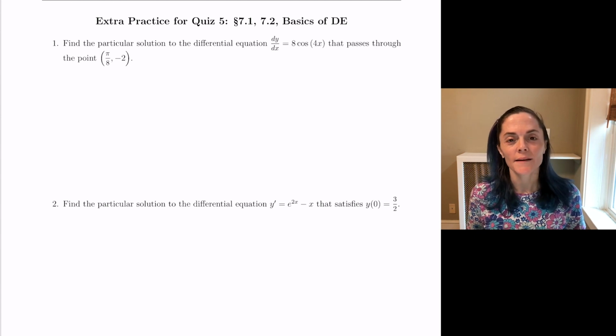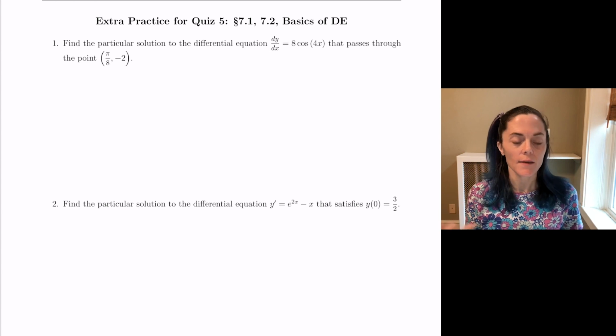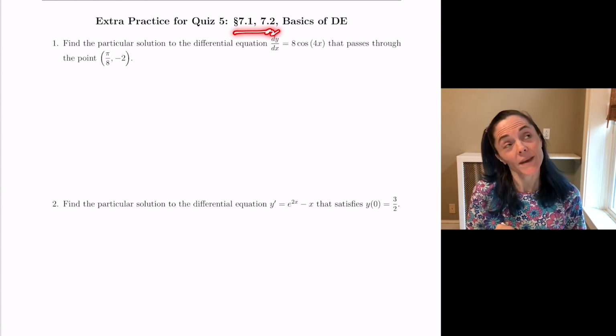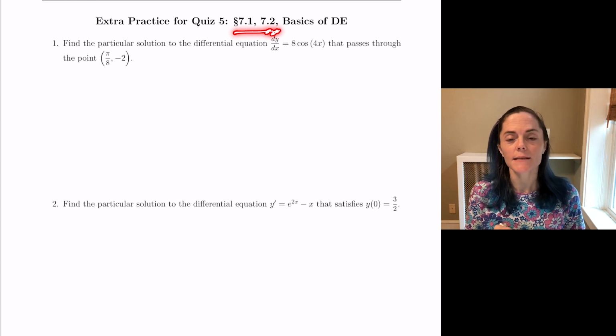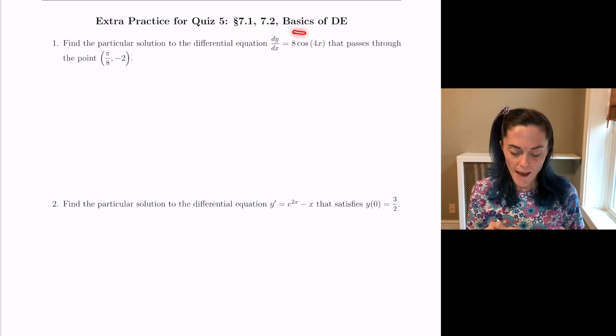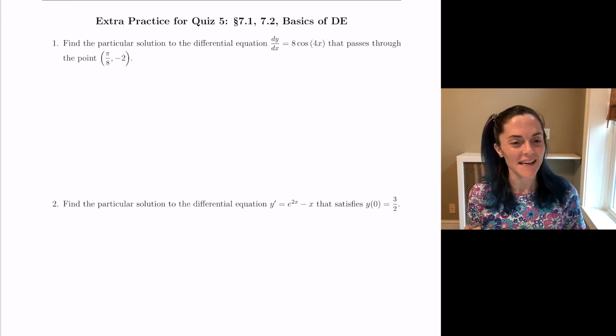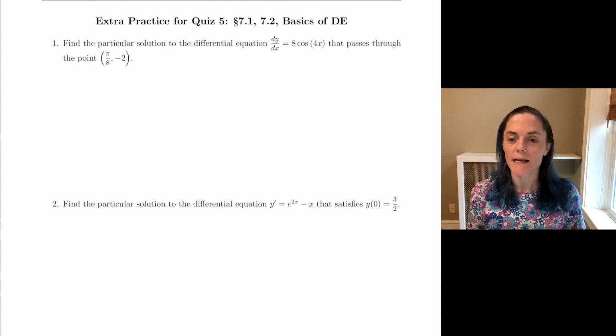Hello, everyone. This is extra practice for our fifth quiz in Calculus 1. Here we have integration, so indefinite integrals, including substitution. Then we have our basics of differential equations. I love these topics. Number one, we want to find a particular solution to the differential equation dy/dx is